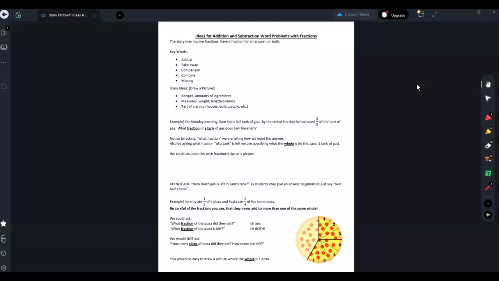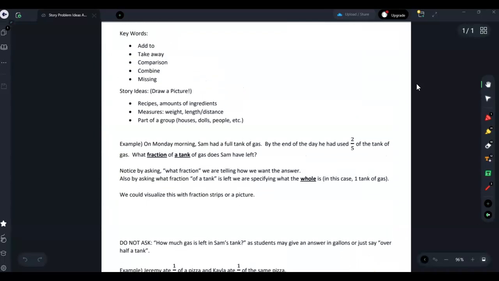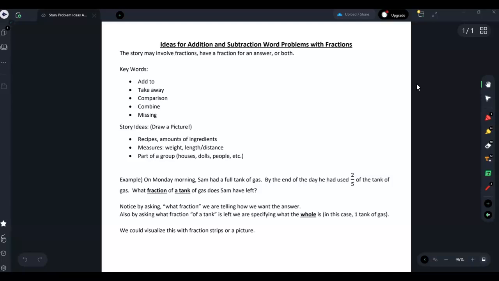So if you did have that toy car problem and you realize, oh, well, nobody wants 2/3 of a toy car, then you change it to something that you wouldn't mind 2/3 of, like a candy bar or a cake or a pizza. So here are some ideas if you do need to come up with some story problems. Recipes are really great. I do a lot of cooking, so this is kind of my go-to because amounts of ingredients lend themselves really well to fractions. So you can really easily come up with some story problems: 1/8 of a teaspoon, 1/4 of a cup,